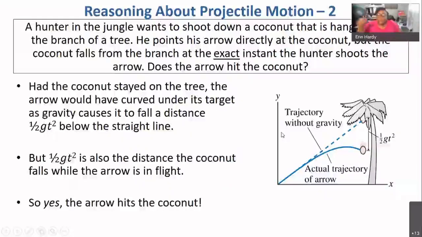So now we want to match this up with the behavior of the coconut, because we've kind of explained the arrow part of this story. The coconut is going to drop straight down. It's experiencing free fall, just like the arrow, actually, but in one dimension instead of two. So it's going to speed up at a rate that we can predict. The initial vertical velocity of the coconut is 0. And then if we say that y equals 0 is up here in the tree,